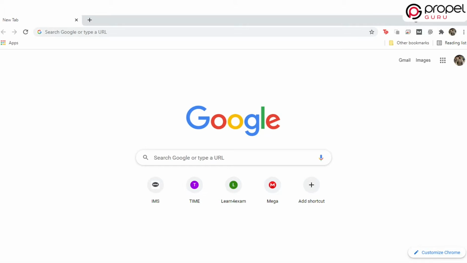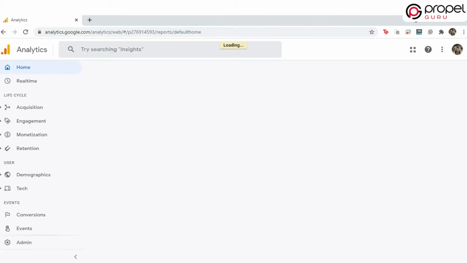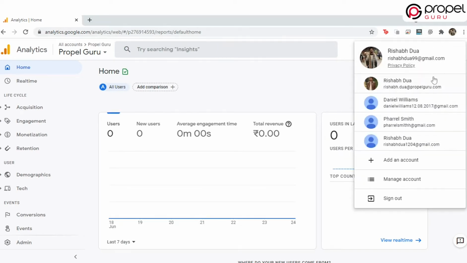Before you begin studying user behavior, make sure your Google Analytics account is configured correctly. Otherwise, you might not be getting the most out of this useful platform. Now that you're well aware of the uses of Google Analytics, let's get started with the setting up of Google Analytics account. To begin with the account creation, you must own a Gmail business account. As you can see, I have already created a Gmail business account, with the help of which I will start creating a Google Analytics account.